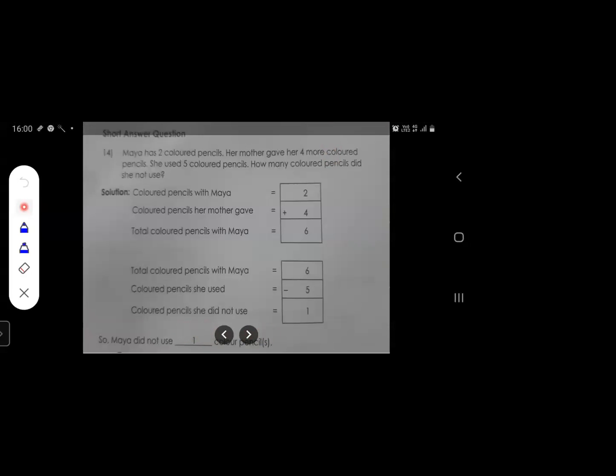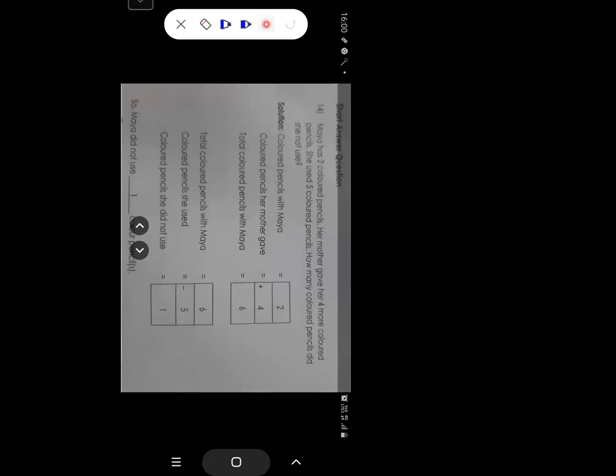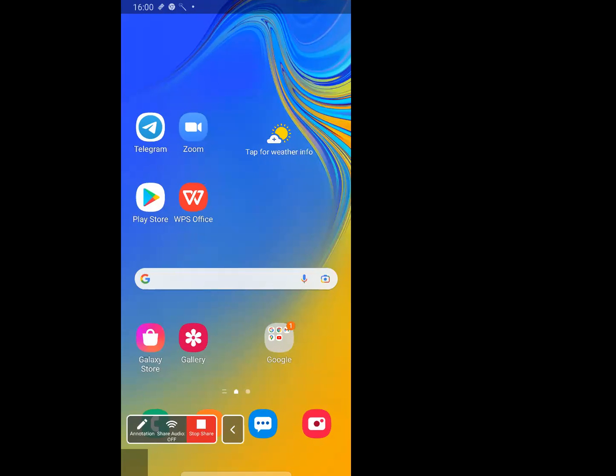Okay students, what have we learned today? Yes, we have learned lesson number 6 from your maths workbook. Tomorrow also we will do the revision, right? All the students are going to solve this lesson number 6 in your maths workbook. Have you all understood it? Do you have any queries? No. Very good.